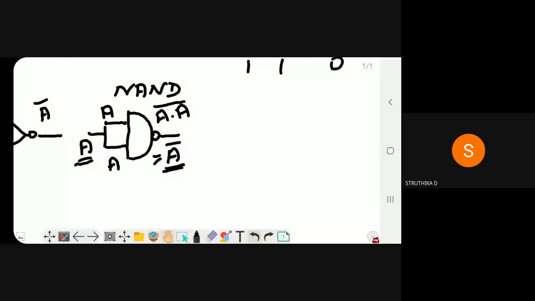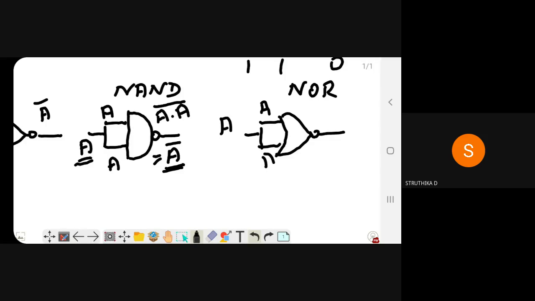If you understood this, the next one is easy. The same condition by using a NOR gate. I'm going to implement the NOT gate using a NOR gate, in the same way which we saw in the NAND gate. A NOR gate also has 2 input pins, but in a NOT gate I have only 1 input. So I'm going to give 1 input in both the pins. The diagram will be like this. If I give A as an input, both the pins will receive the input A. You will get the output as A plus A the whole bar.